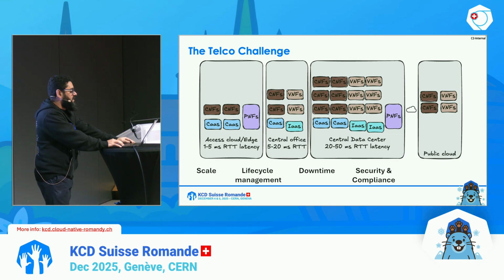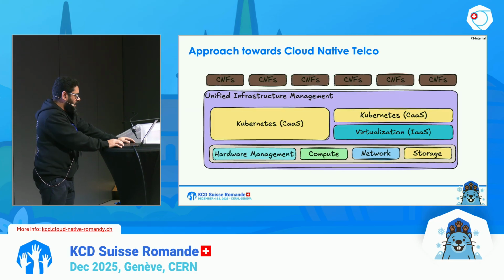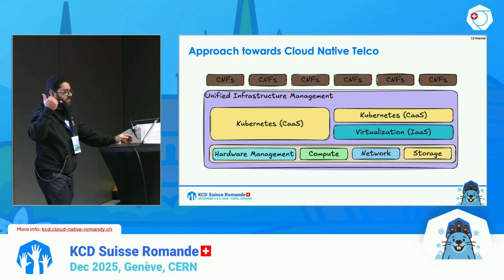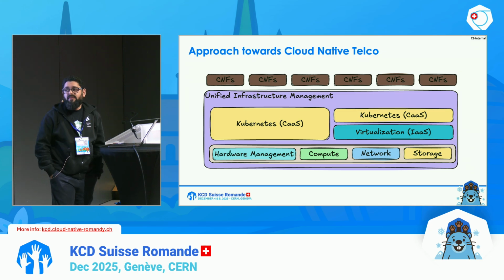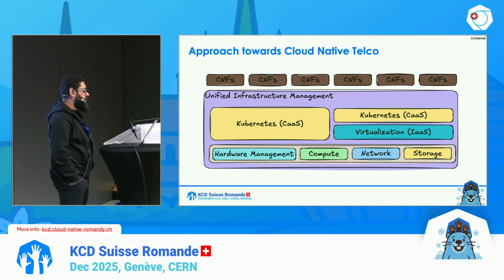Everything from the data to sovereignty to lawful intercepts has to be respected in this sense. And then, of course, there are multi-vendor environments, because telcos across the globe are buying hardware from different vendors. That means you need some sort of open, interoperable automation rather than, let's say, a single vendor stack. And these challenges drive towards a more cloud native and open source approach. Hence, this layered model captures why telcos need a hybrid architecture.